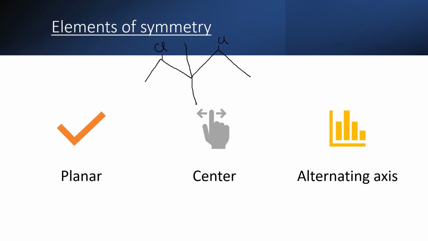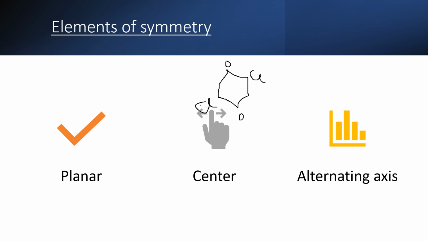Now coming to center of symmetry. The center of symmetry is defined as a point in the molecule through which, if a line is drawn in one direction and extended to equal distance in the opposite direction to meet another similar atom, it would be identical. Like for example,